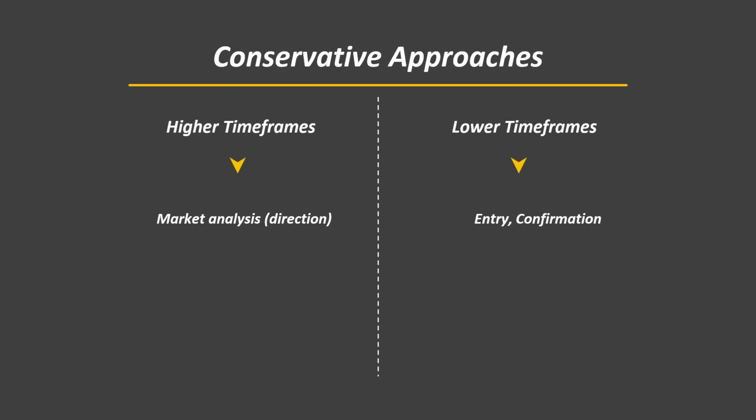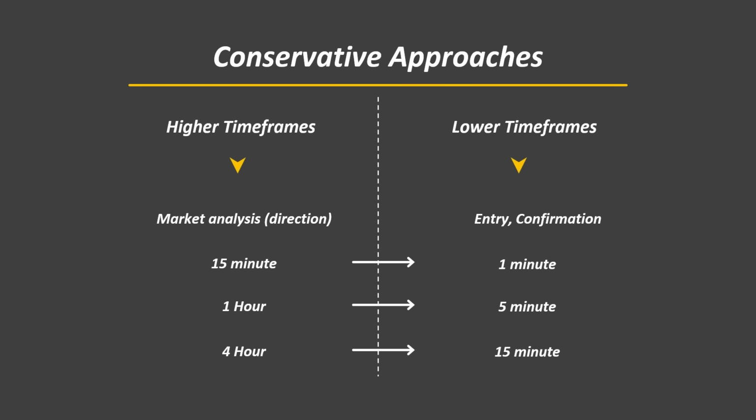Personally, I prefer using the 15-minute time frame for market analysis and then switching to the 1-minute time frame for executing my trades. However, you can choose other combinations like the 1 hour with the 5-minute or the 4 hour with the 15-minute, depending on your trading style. The key principle is that your analysis time frame should be at least twice as large as your entry time